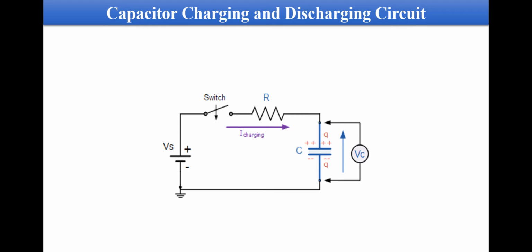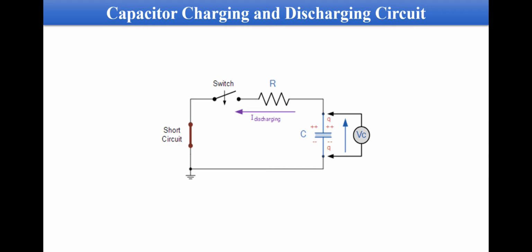the voltage on the capacitor is 0, and as soon as you connect the power supply, the capacitor will start charging and the charging current I charge will flow into the circuit. The upper plate of the capacitor will be positively charged, the lower plate will be negatively charged, and as time passes, the charge will build up and the voltage will also build up. So this is the first part of the experiment.